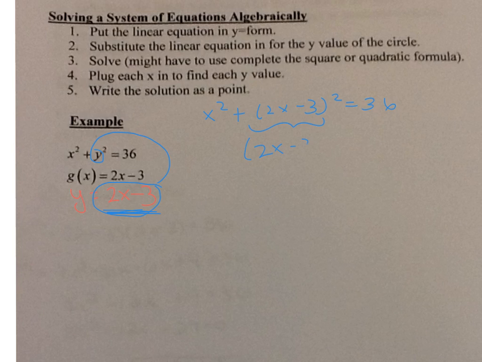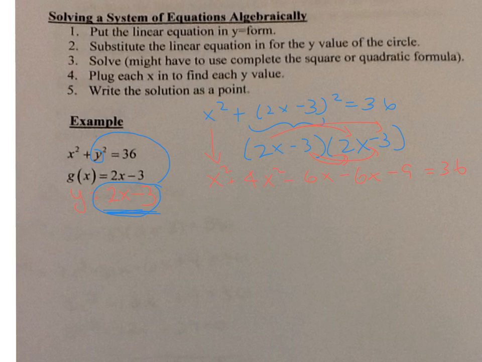2x minus 3 times 2x minus 3. All right, so I'm going to double distribute. So I have 2x times 2x is 4x squared. 2x times negative 3 is negative 6x. Negative 3 times 2x is negative 6x. And negative 3 times negative 3 is negative 9. That equals 36. And I'm going to bring down the x squared so that I can combine all my like